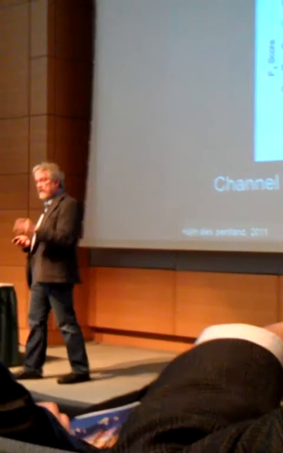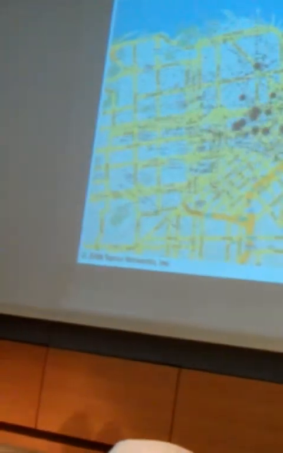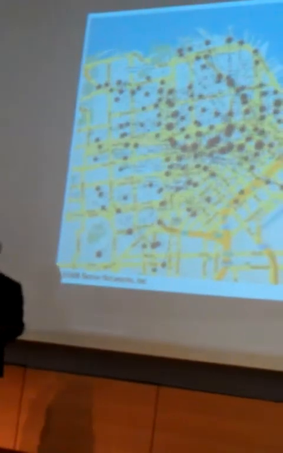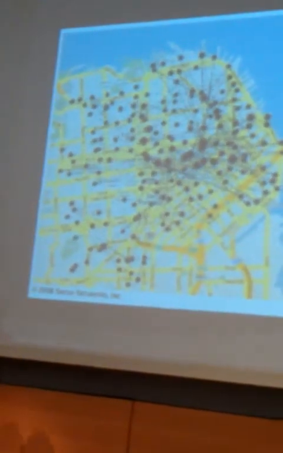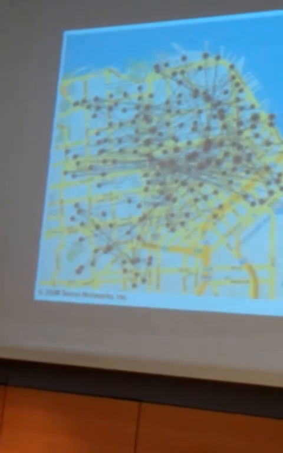Identify social influence and be able to use it out in the wild. So these are people moving around in San Francisco, cell phones. The black dots are the most popular places: bars, restaurants, entertainment spots. And if you analyze the flow of people, what you find is it's not one city. It's actually a whole bunch of little cities, tribes of people who don't spend time with each other at all. They all hang out in this restaurant, but not that one. They spend a lot of time with each other.